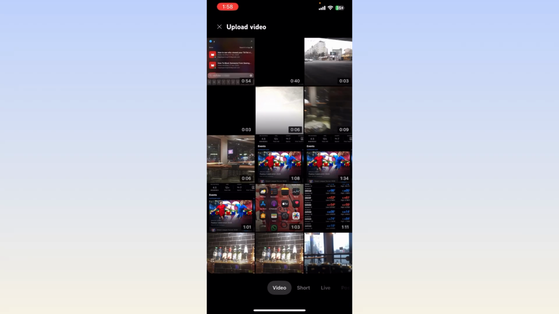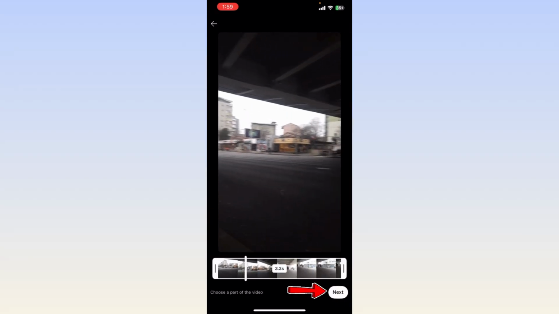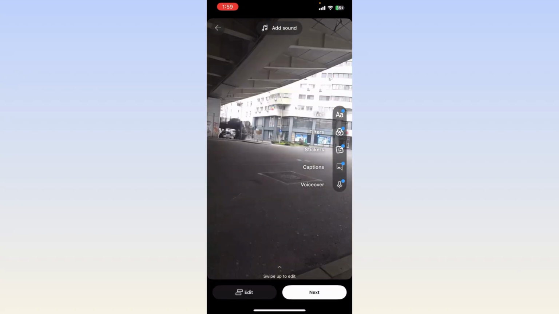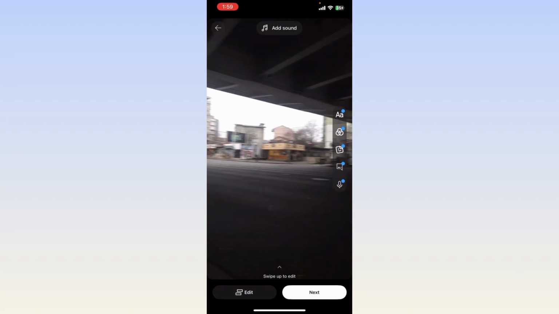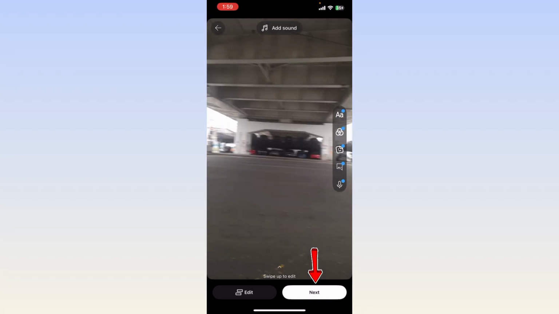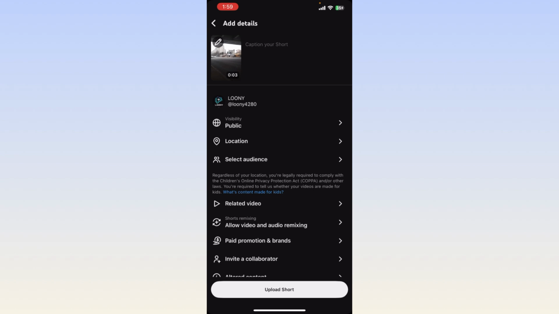So let me choose any of them. So let me choose the third one, and finally tap on next, and again next. In here you can just customize and enhance your video from here. So let me tap on next, and finally once everything's done, make sure you adjust or modify your privacy